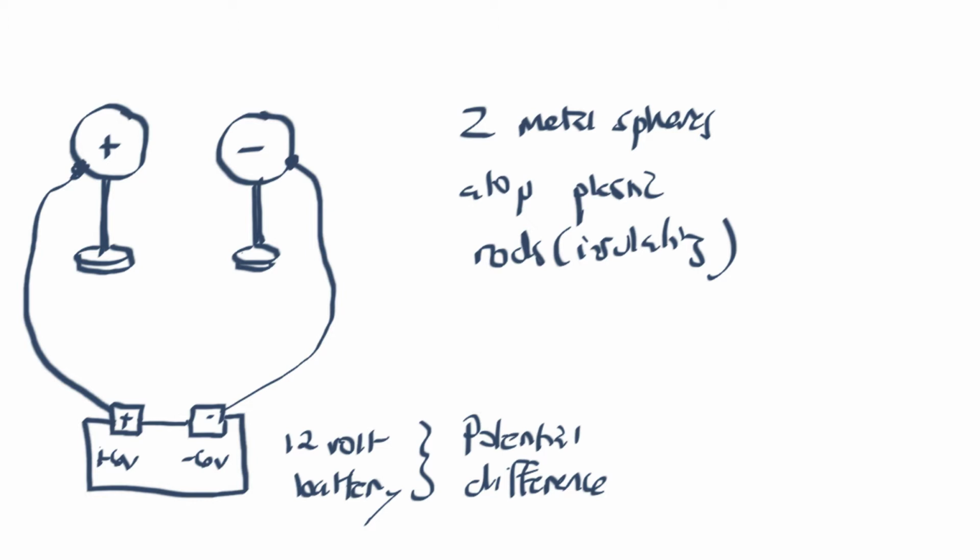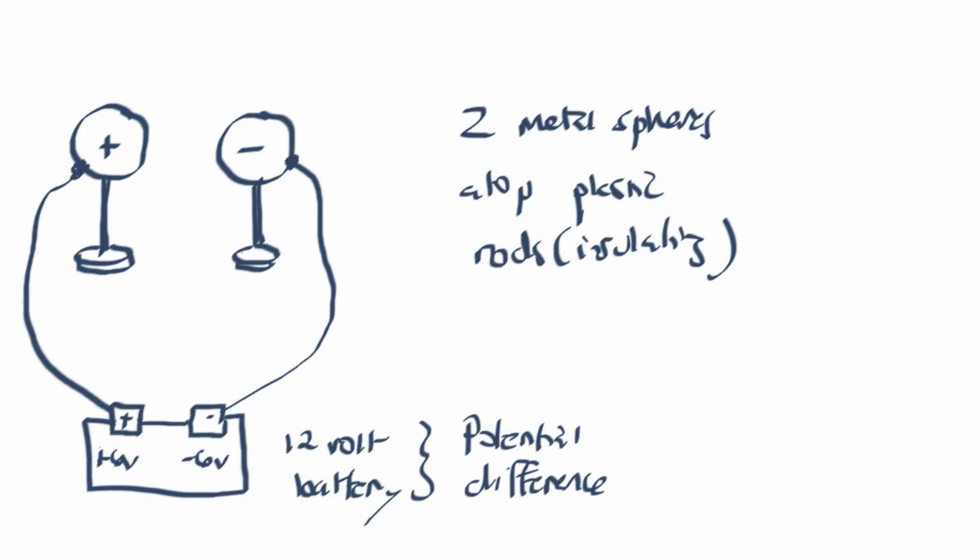Now he goes on to say, then everything remains in this state except for the leakage of electricity, which may take place little by little across the non-conducting body, the air, for example, which interrupts the circuit. For it appears that there are no bodies which are perfect insulators. So notice that these two spheres are separated by air, and although you'd hope that air would be perfectly insulating, it's not.